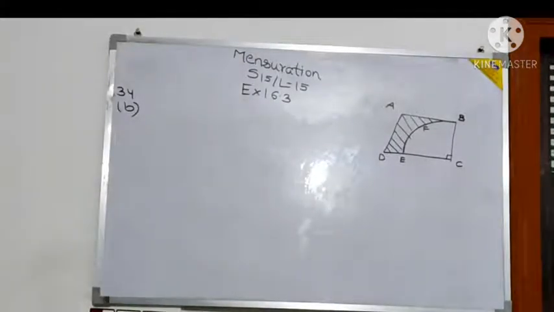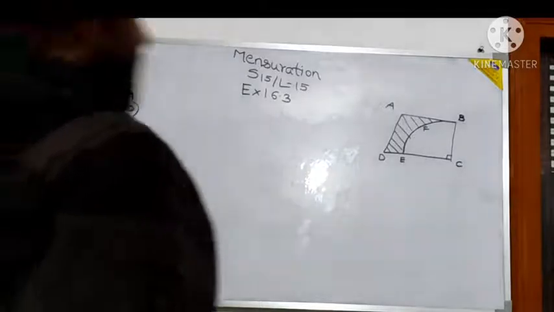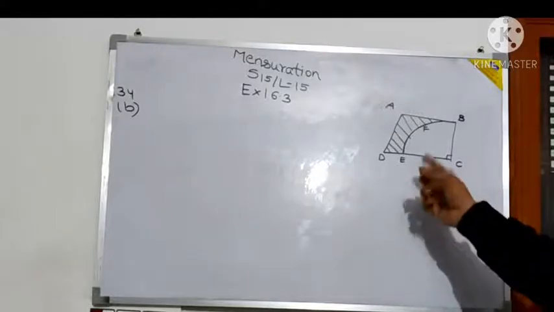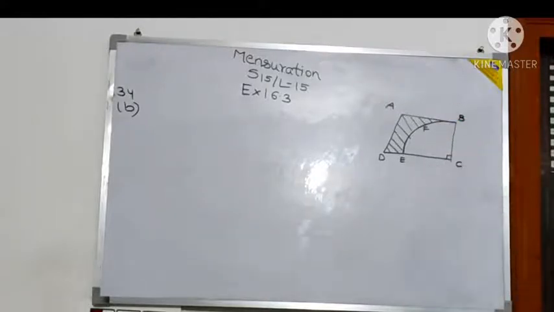Now see here, you know the formula for the calculation of the area of a trapezium. What is the area of a trapezium? Area of a trapezium is half into the sum of parallel sides into height. Yes or no? So are we given the data? Yes. BCD is 90, AB is parallel to DC. So AB and DC are the parallel sides. The lengths of AB and BC are given. So first of all, we calculate the area of the trapezium.